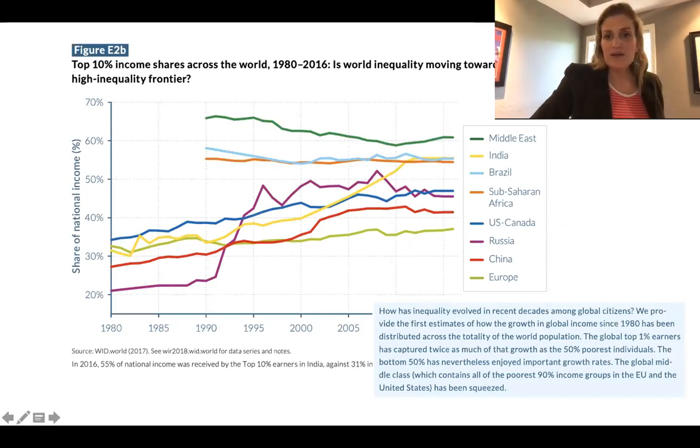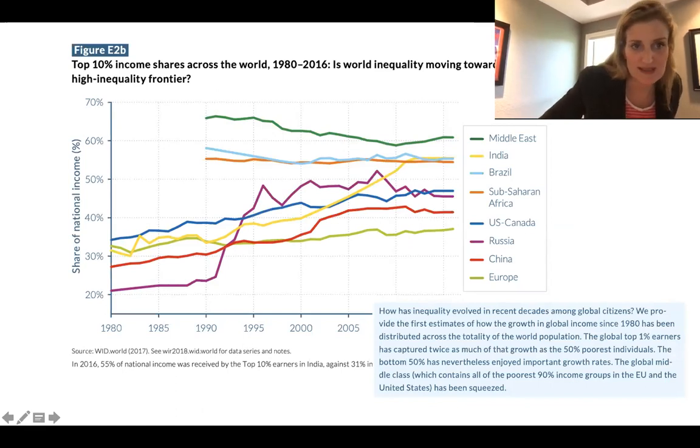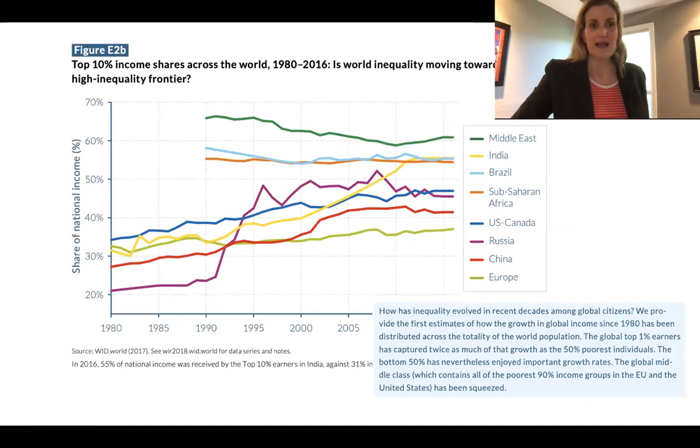Okay, so this graph is asking the question, basically looking at that top 10% of income earners, is the entire world becoming Brazil? Is the entire world becoming similar to Guatemala or Sub-Saharan Africa in terms of its income distribution? Oh, wow, that's so interesting, right? Why would it be that former colonies who hadn't gone through these major income and land redistribution programs, why would they be the inequality frontier?